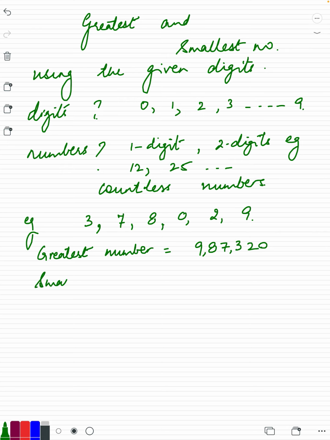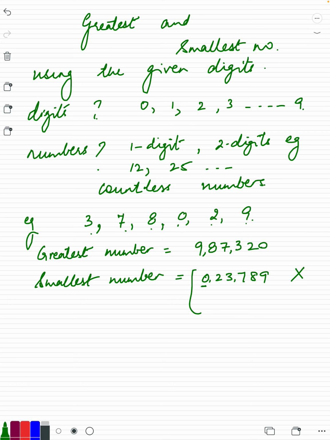For the smallest number, dear children, you are requested to arrange in the ascending order. Now, some of you might say that, ma'am, we reverse it and we write it. I would say, dear children, it is a big no. Why? Now, how many digits am I having? 1, 2, 3, 4, 5, 6. 6 digits. I have written 0 in the start. Does it hold any value? It tells me that at the 1 lakh place, there is a 0.